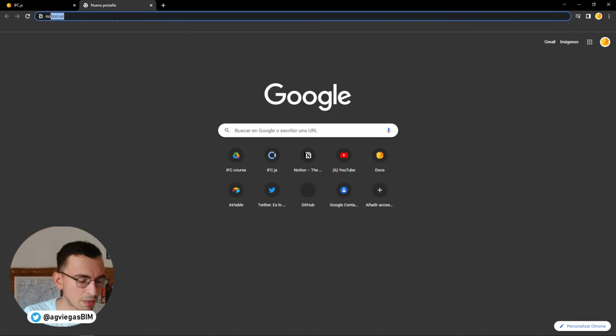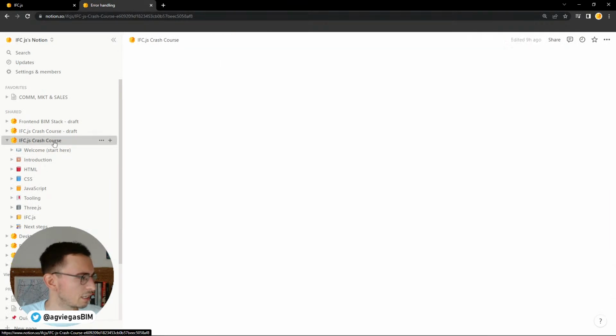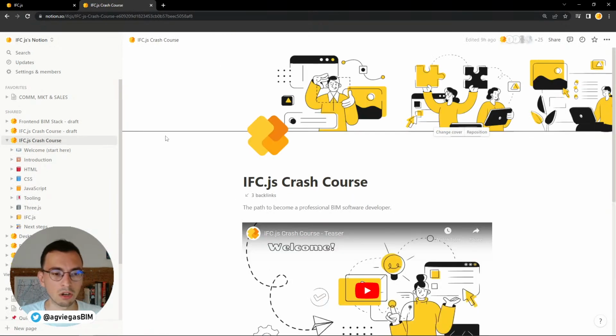So if you go to the platform, by the way, the access to the platform can take 24 hours. The reason for that is that Notion doesn't allow us to automatically add you to the platform. This is a Notion limitation, but every 24 hours we have someone adding you manually. So if you access Notion with the mail that you registered with, you should have this shared